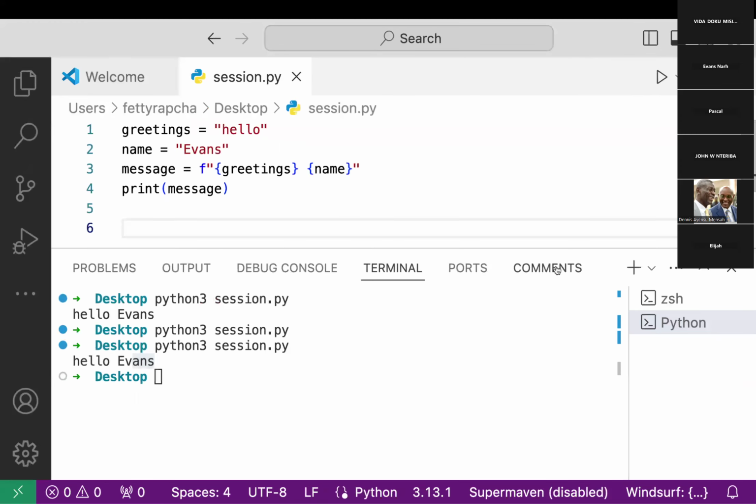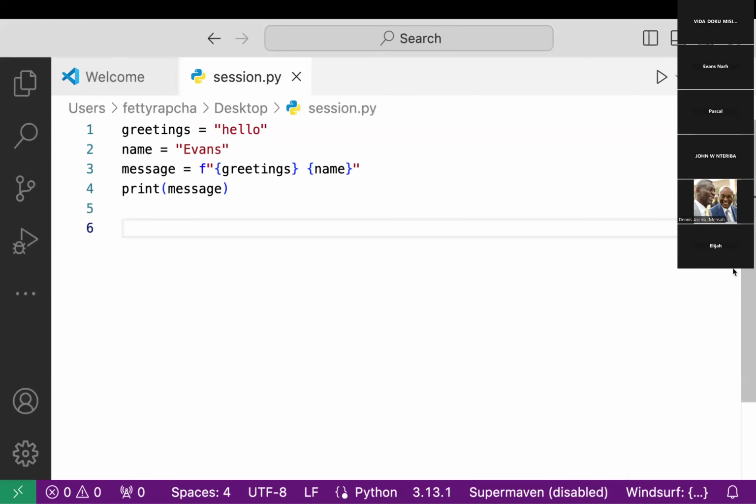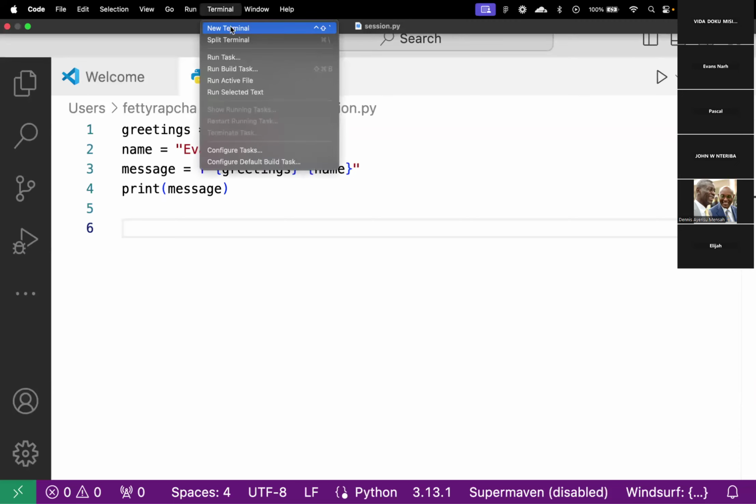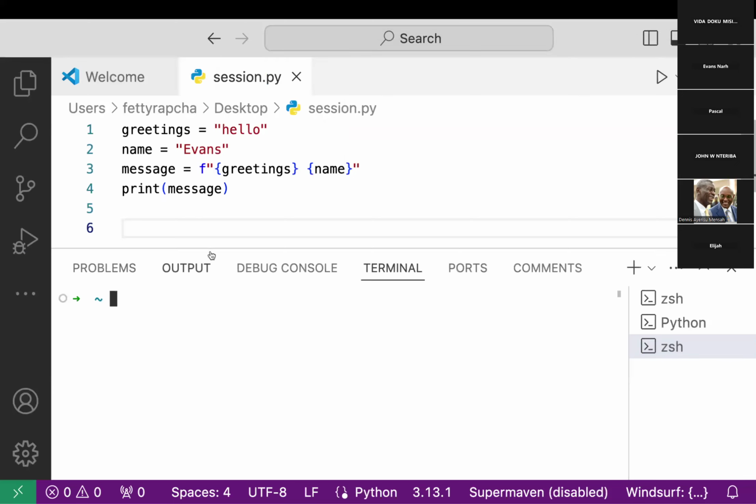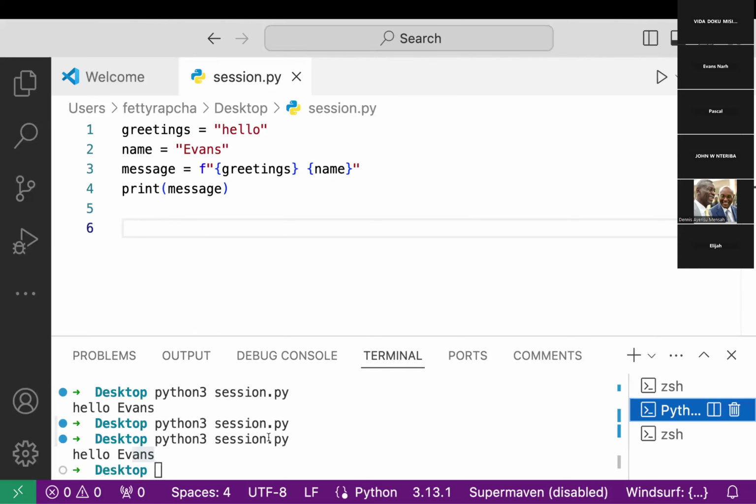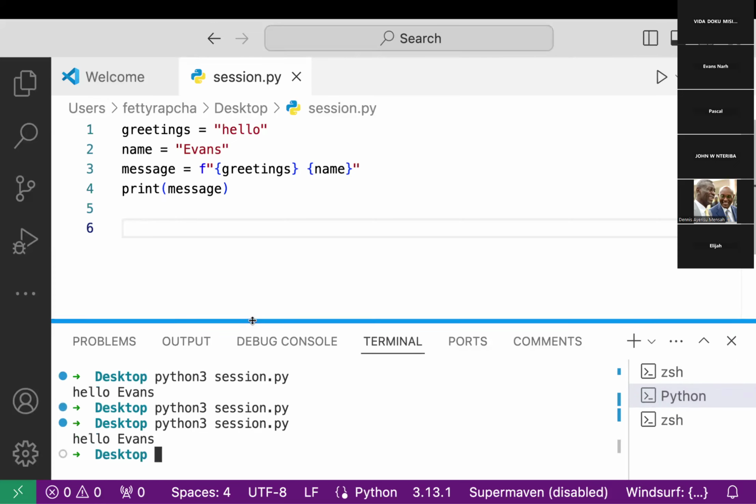I hope it's visible. Yeah, so let's try and run it. You open the terminal, it's like this. So this is a terminal. Then here you have to make sure you navigate to where you have your Python file. So it's on my desktop. Once you navigate to the folder or directory in which you have your Python file,